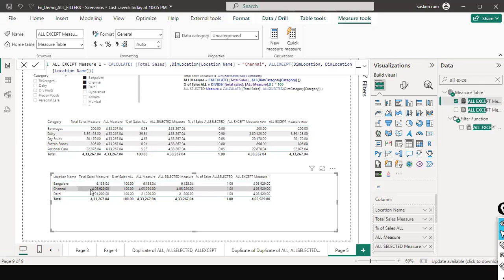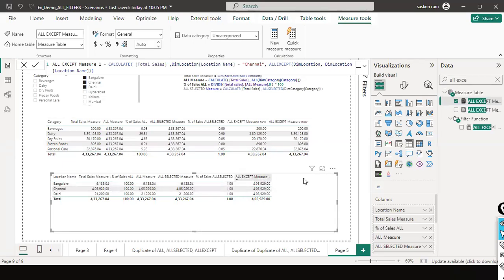Let's say, the base location of this company is in Chennai. Hence, they wanted to compare what is the total sales we made in Bangalore, the percentage of the revenue generated by other locations out of the total sales in Chennai. Is it clear? So, in that case, again, you create percentage of